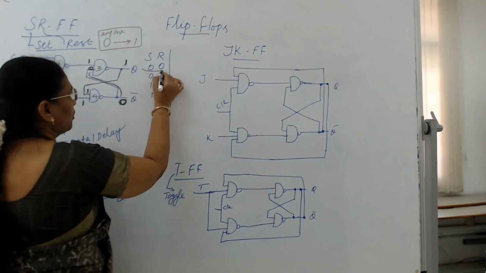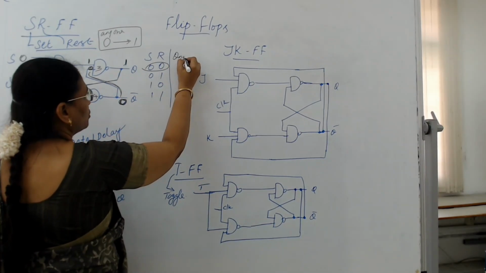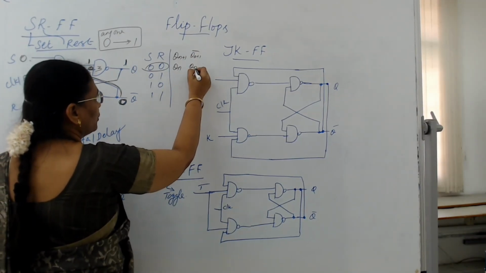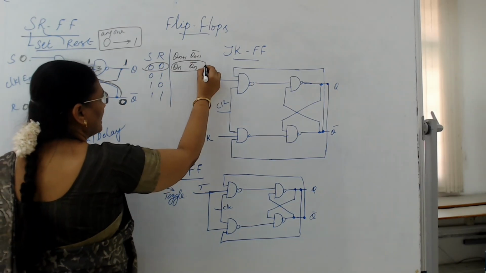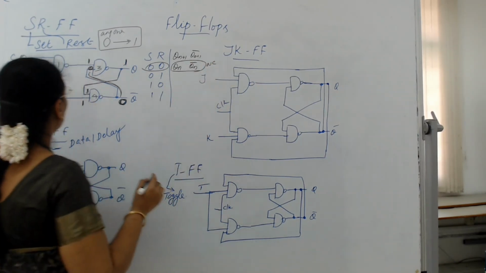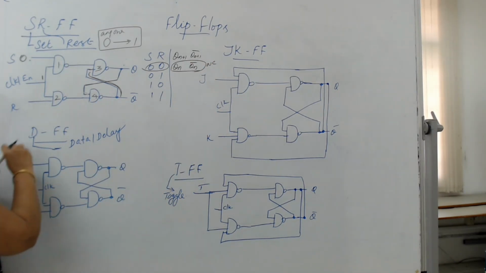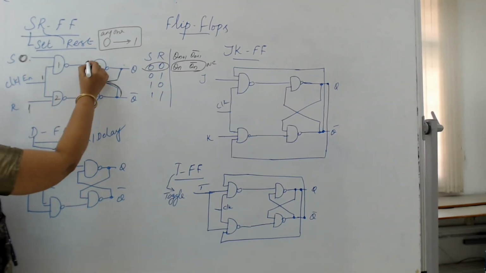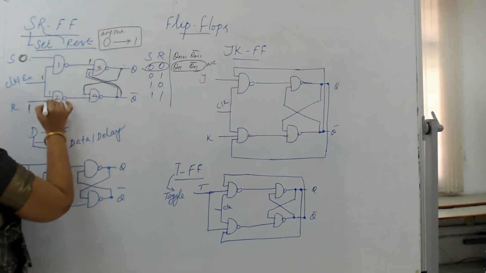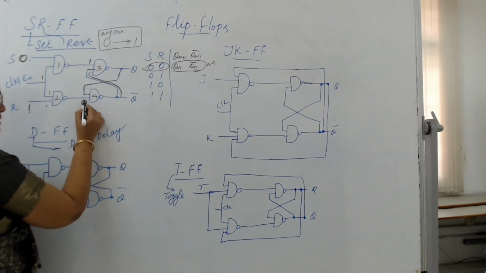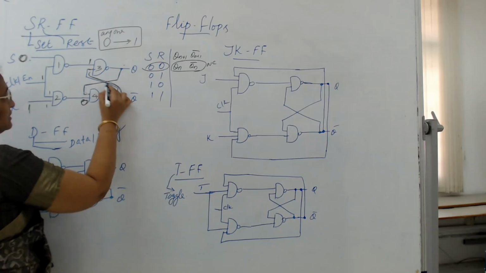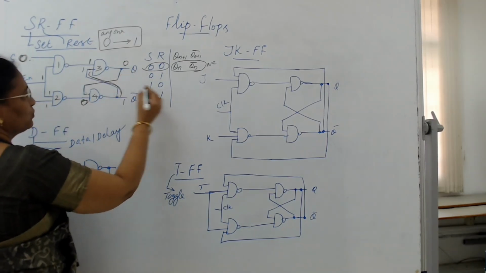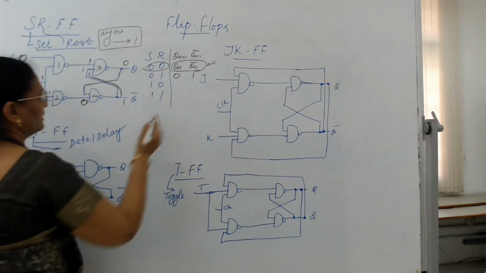Whatever assumptions we made, Qn plus 1 and Qn plus 1 bar are equivalent to Qn and Qn bar. That is no change. It maintains the previous value. Now, the second case, if it is 0, 1 here, since one of the inputs is 0, immediately the output will become 1. So here 1, 1 gives 0 here. If this is 0, then the output will become 1, then 1 and 1, it will be 0. So if it is 0, 1, independent of the previous value, the output is maintained as 0, 1 here.